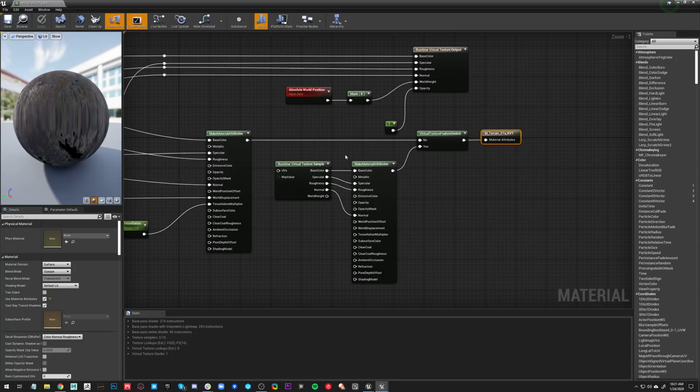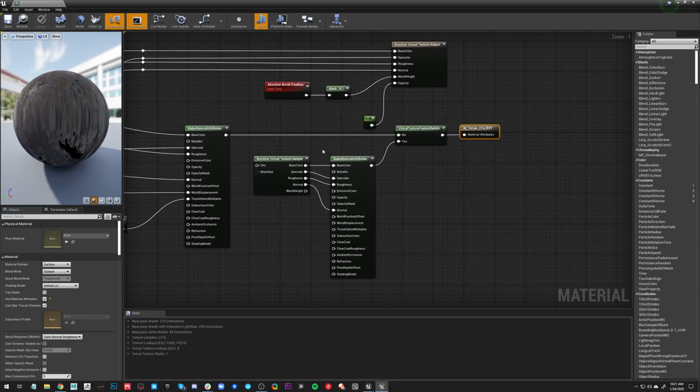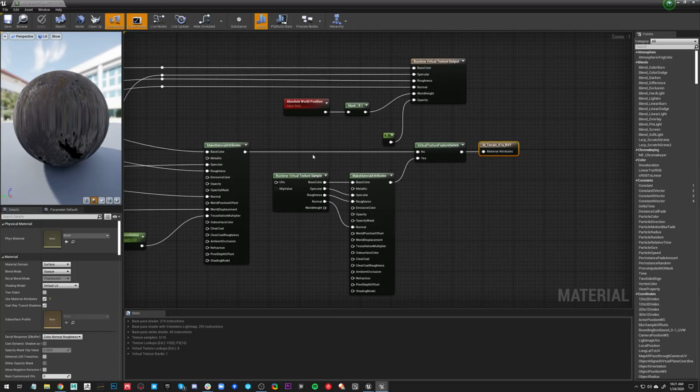And Joseph, feel free to jump in anytime if you want to explain this in a more technically sound way. No, right now you've got it. There's nothing more to explain. You just need to, there are two different nodes because your materials are communicating. The landscape needs to output the RVT details, and then whatever objects are going to be reading from it will need to sample from that output. So you've got it so far.